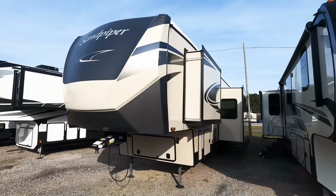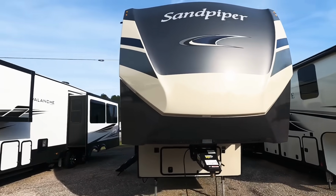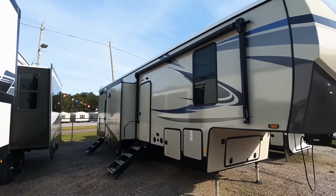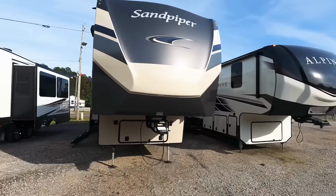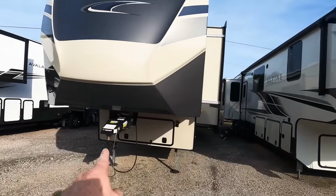So we're going to start on the front before working our way down the side and then eventually inside. But we're going to talk and go over some of its different weights, specs, different dimensions. So 38 feet 9 inches in total length with a dry weight of 11,486 pounds. Gross vehicle weight rating of 14,075 pounds and a king pin weight on this unit of